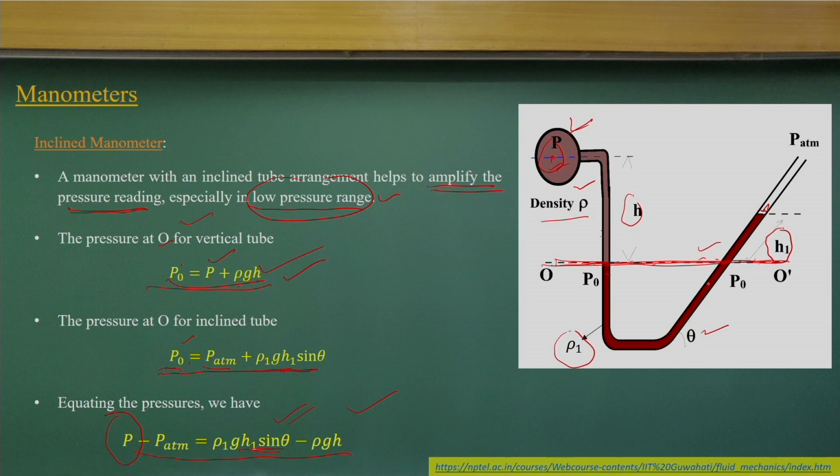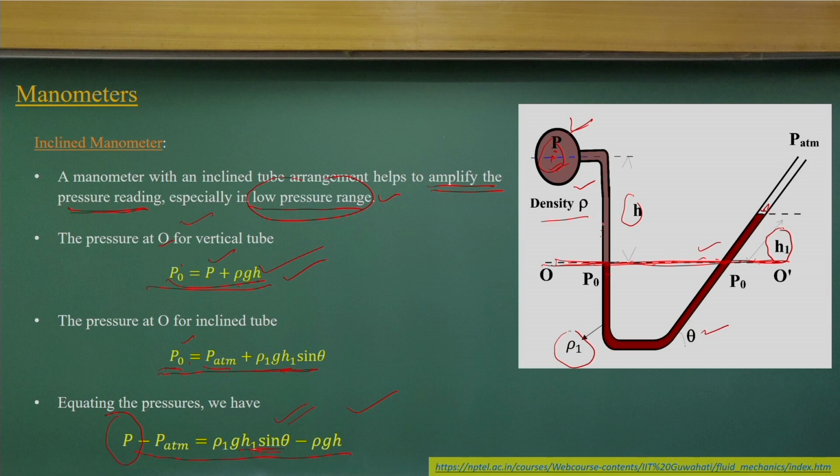But you have to look at this: when you are going down, use a positive sign, and if you are going up, use a negative sign. That is the very basic concept here. If you have a pressure P here, and my point is here, and the height difference between them is h, I will use a positive term, plus rho g h, to compute this. If it is below, I will use a negative term, or h can be considered a negative value.